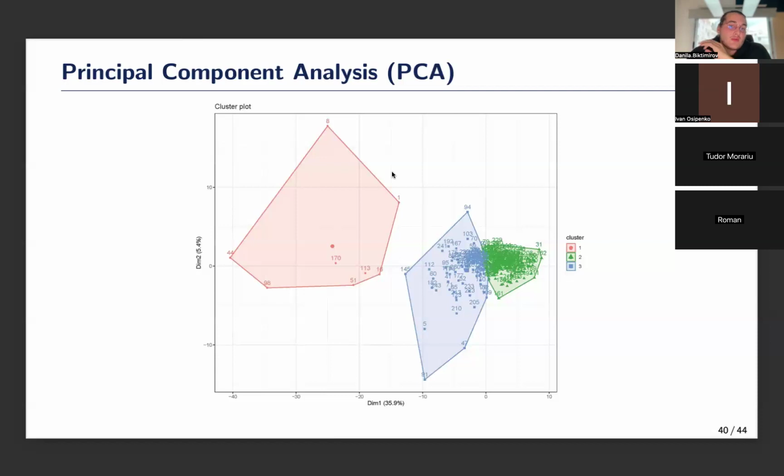On a PCA plot, you will very often see a percentage on each axis, like here, dim2 and dim1 have their percentages. This indicates how much of the variation is explained by each PC. In the example below, principal component 1, dim1, explains 35.9% of the variation in the data. Principal component 2, on the y-axis, explains a bit more than 5% of the variation in the data.